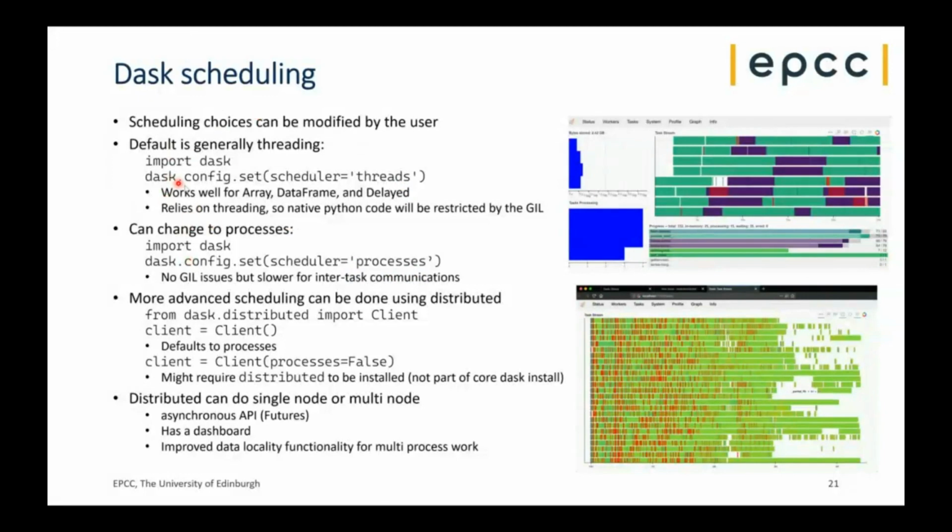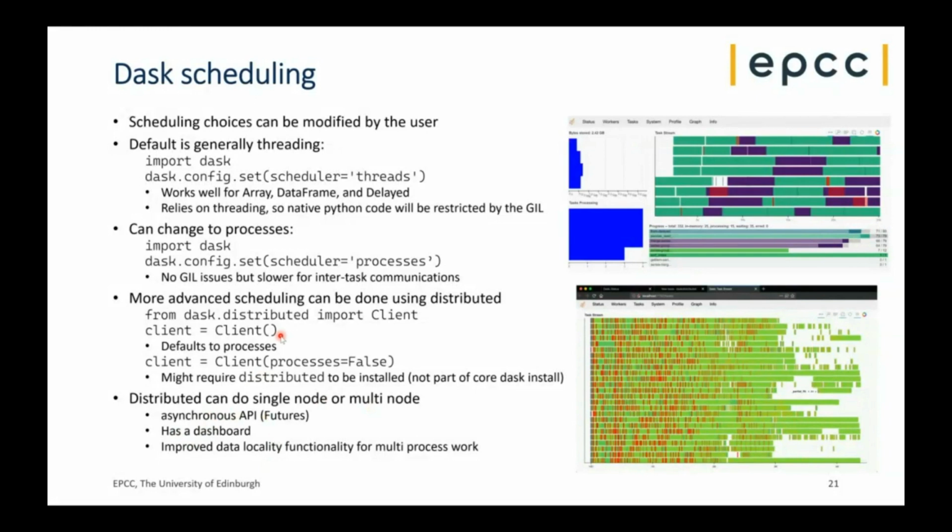As you can see up here, we've got this default scheduler threading, which works well for arrays, data frames, and delayed. But if you've got native code that you're trying to parallelize with this, then it will be restricted by the GIL, and you can get around that by changing it to processes. But you can do more advanced things. You can create a client, and the client can be used to schedule jobs on other things like that, single node or multi-node,